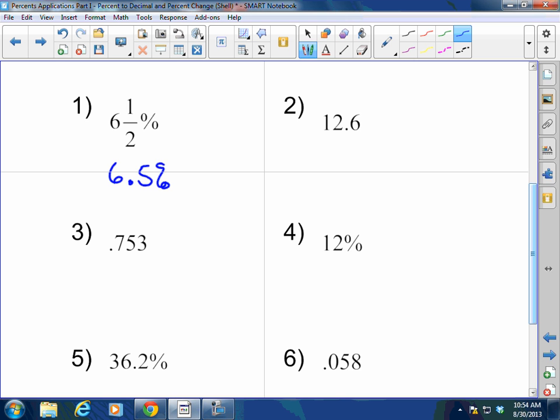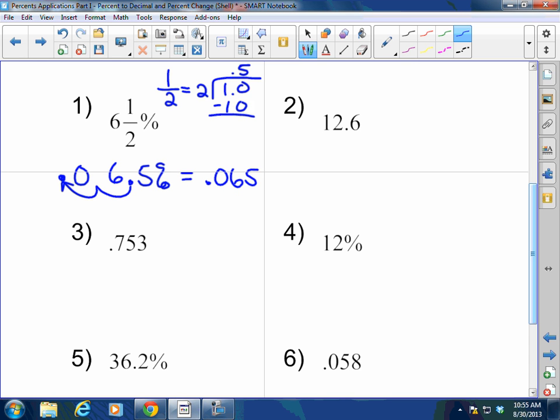Please remember that 1/2 becomes 2 into 1.0, and that's 0.5. When you're going from fraction to decimal, you simply divide. So 6.5% is 6.5%. Now I can turn that into a decimal. I'm going from percent to decimal, so I'm going 2 places to the left, place a decimal, fill in the gap with a 0, so it's